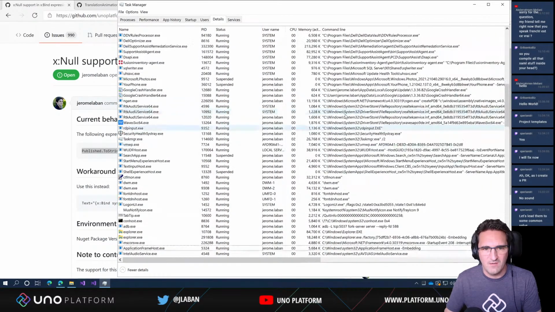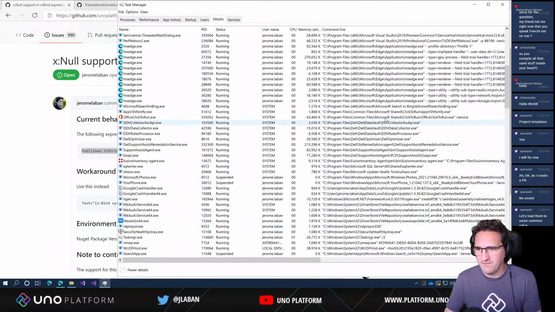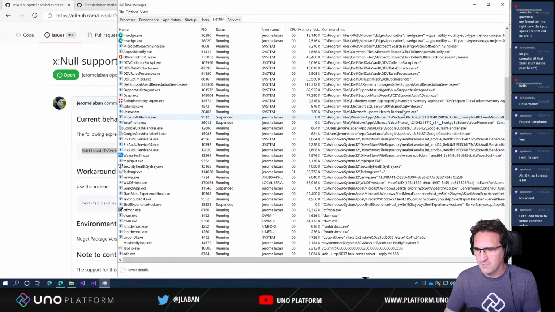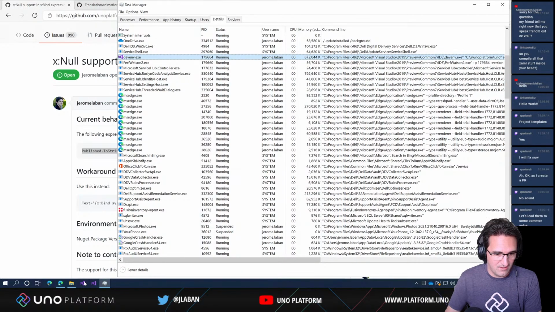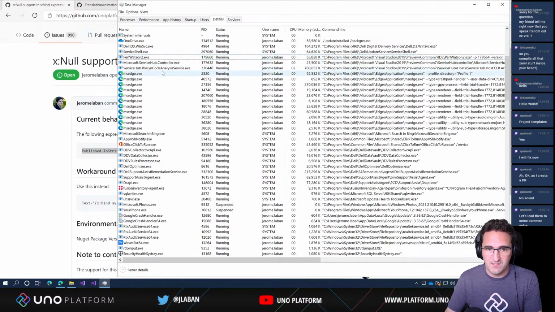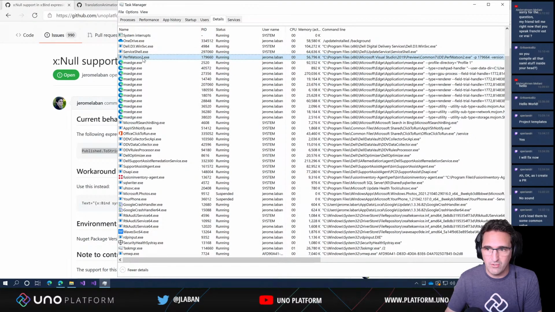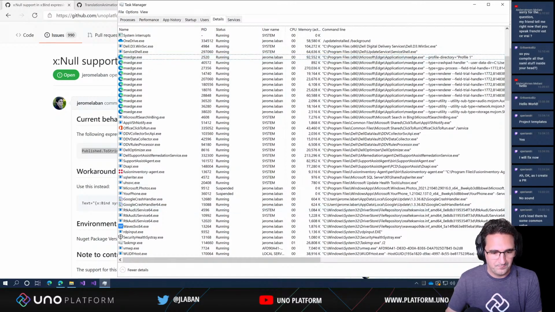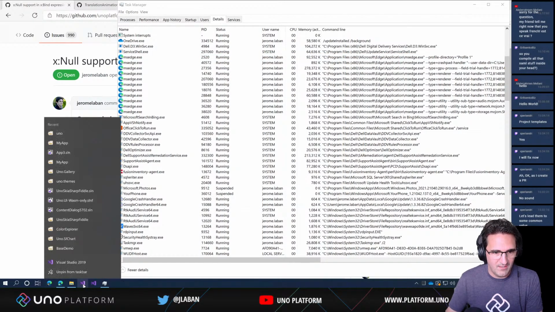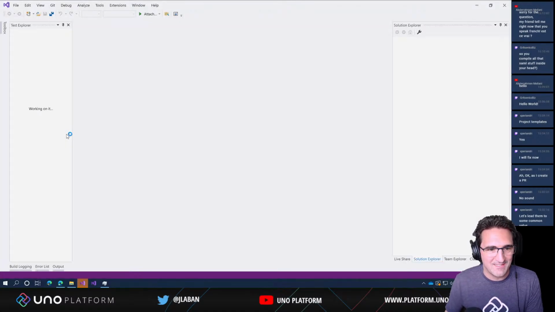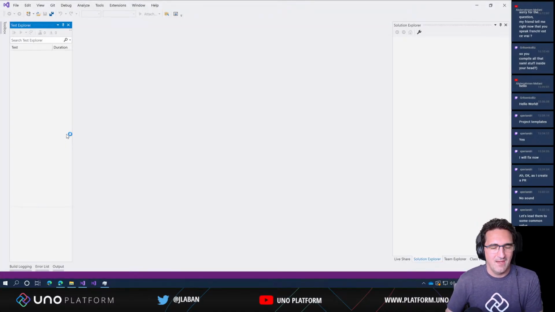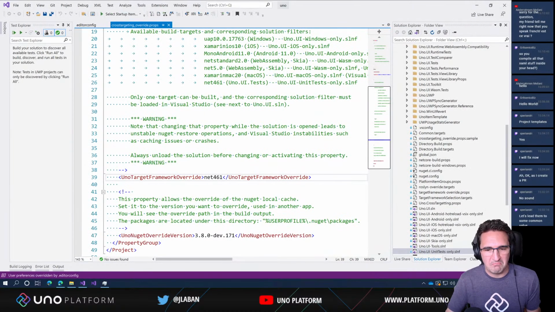Not sure if it's that one. So there's the program files, Visual Studio. There was one there. Okay, so there's that Visual Studio that should not be there. So there's no Visual Studio running for me here, but it's still running. And there's a perf Watson 2 that shouldn't be there as well. So I hope that the dev that has been asking questions about it is going to be able to fix it, because it's quite annoying. I don't know exactly how that happens, but